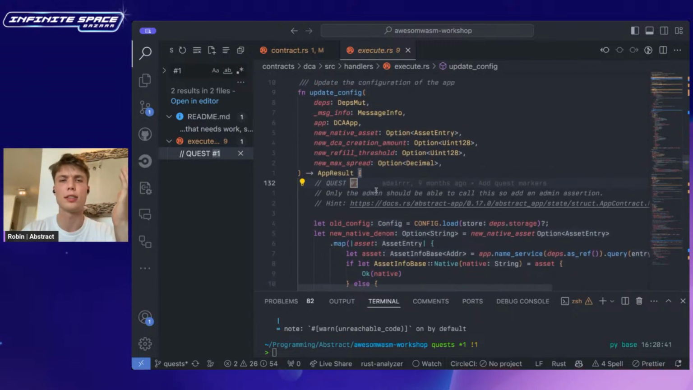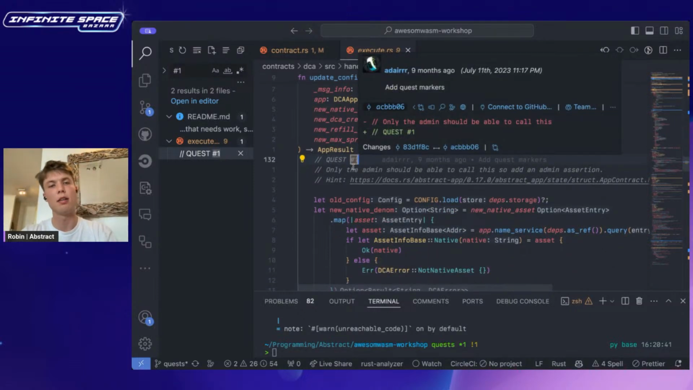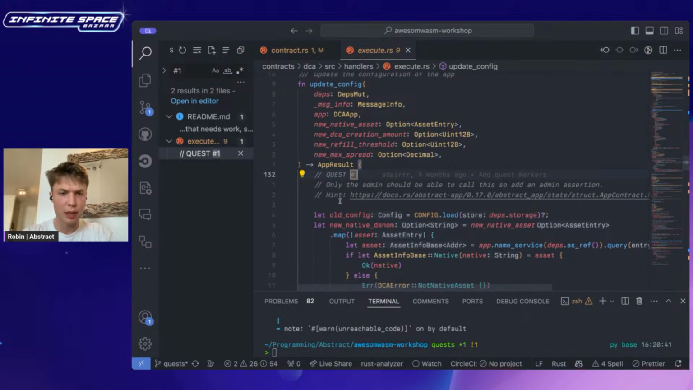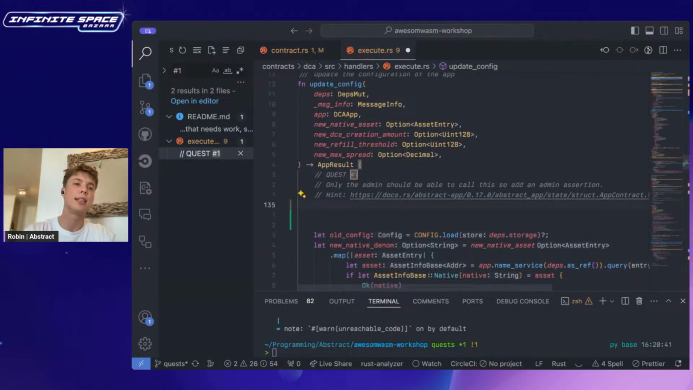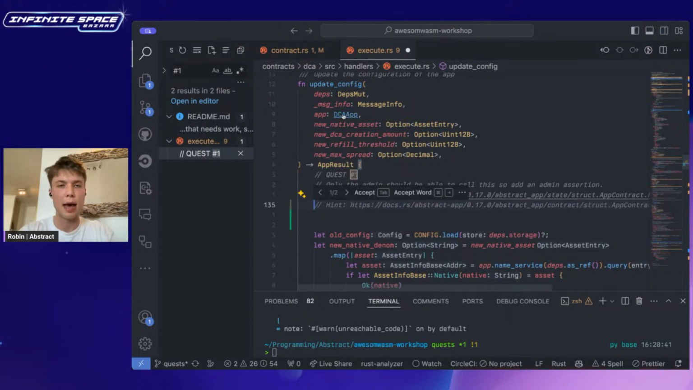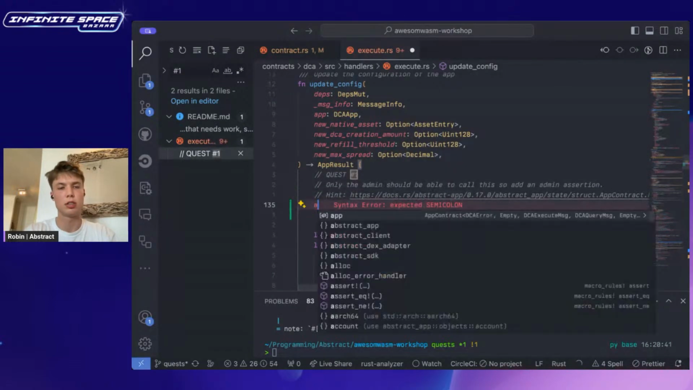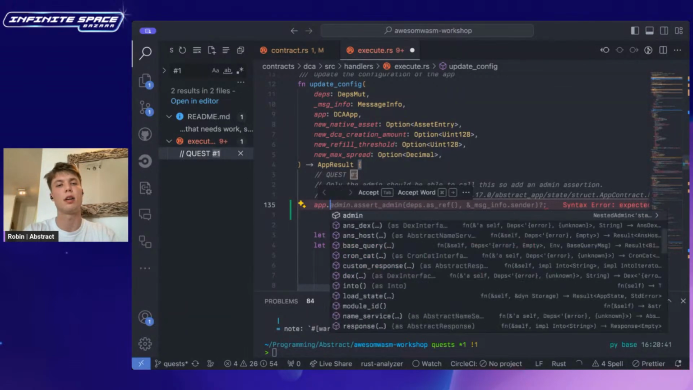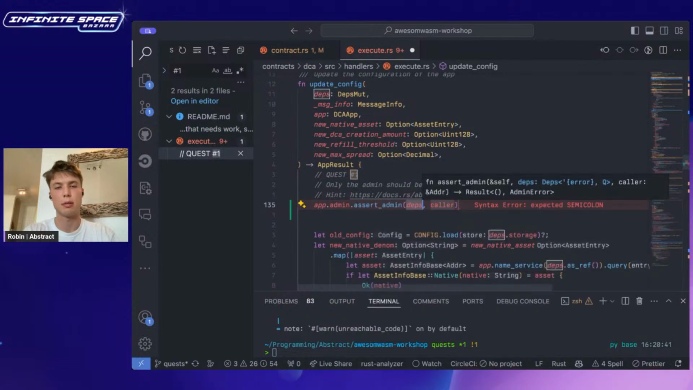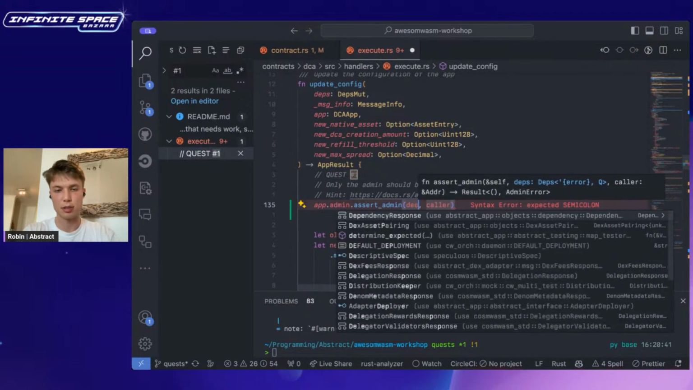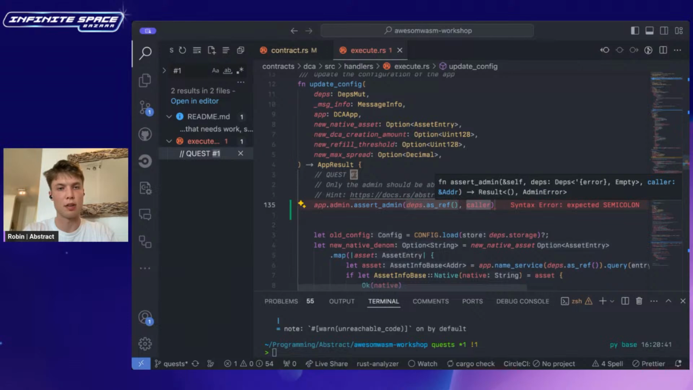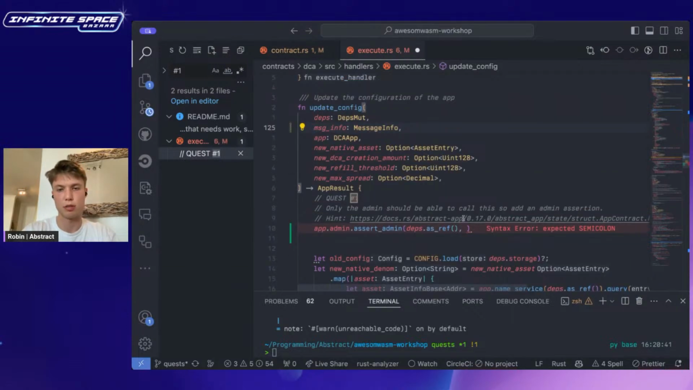But of course, we only want this function to be able to be called by the owner of the account. Not just anyone should be able to call this. So to do that, we can do an admin assertion, and the admin is actually something that's already included in our app contract that Abstract provides. So what we do here is app.admin, and then we assert the admin, and we say deps.as_ref, and the caller is the message info